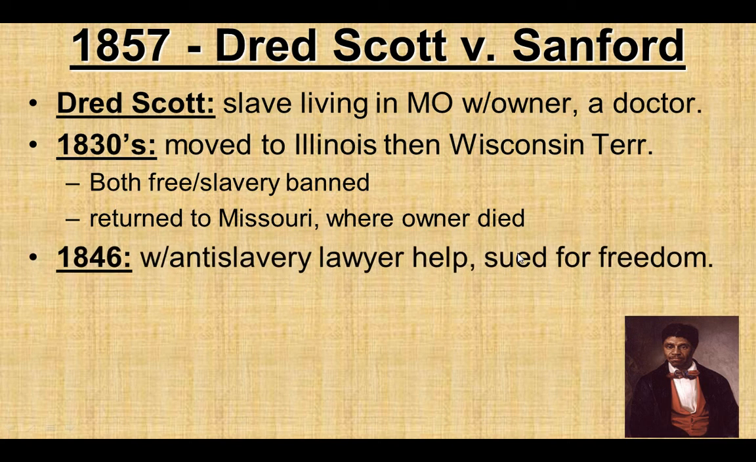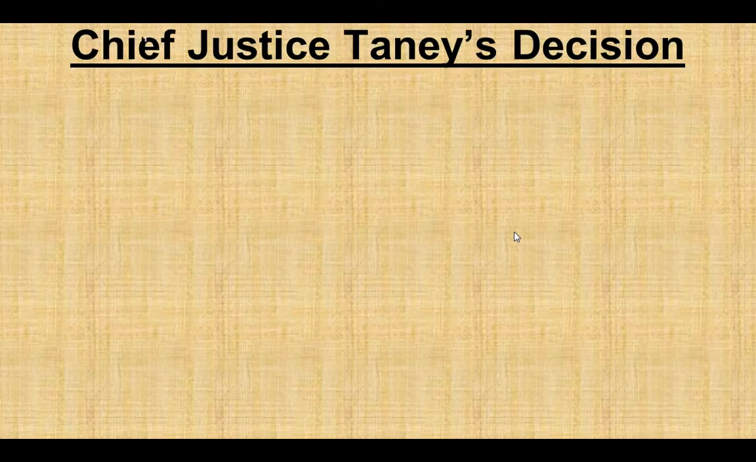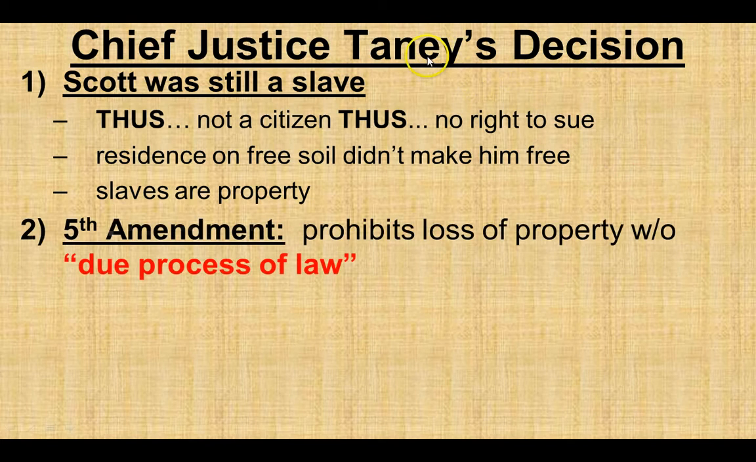And so when he returned to slavery, his owner died there, and there was an anti-slavery group that tried to start pushing him to sue for his freedom based on the fact that he was living in places that were free, where slavery was prohibited. So it goes through several court cases and levels of the court system. In 1857, it hits the Supreme Court, and Justice Taney, who is a Southerner, who is the Chief Justice of